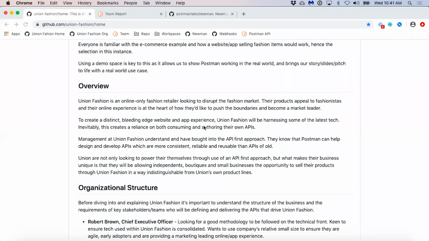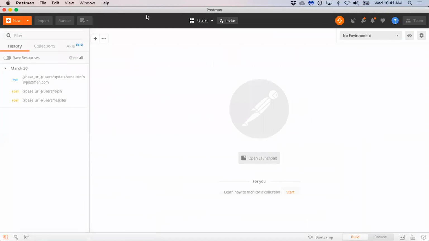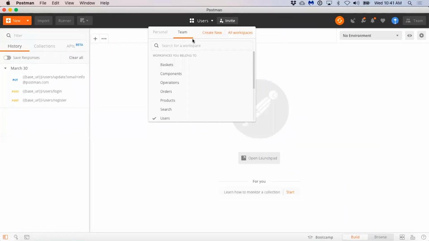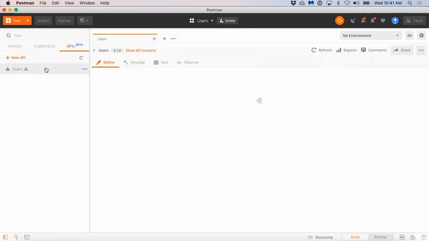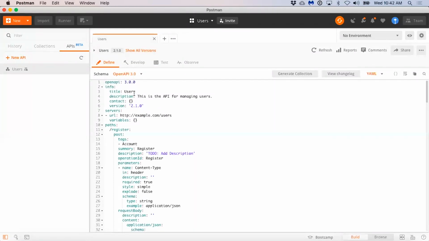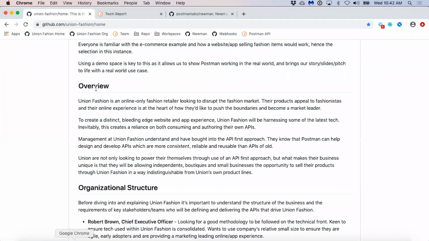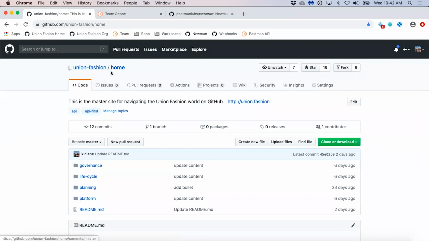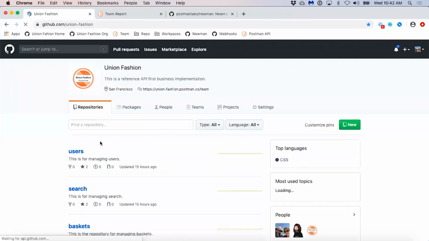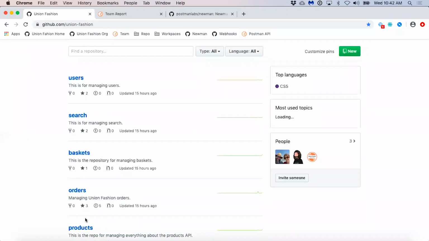Because your contracts are stored within Postman, and because your contracts are stored within GitHub and versioned, and because these two are synced, you can respond to Postman changes using the Postman API, or you could respond to GitHub changes.